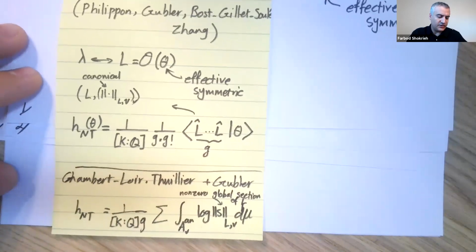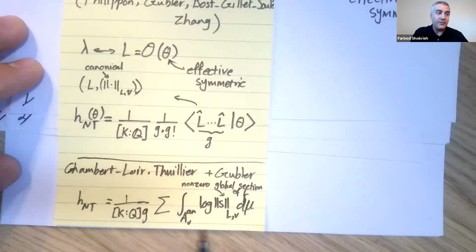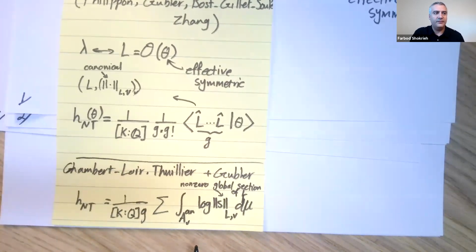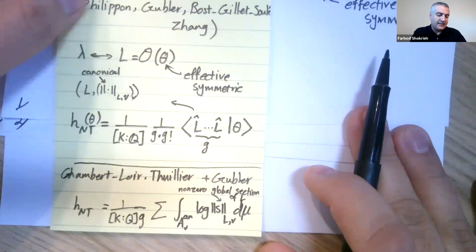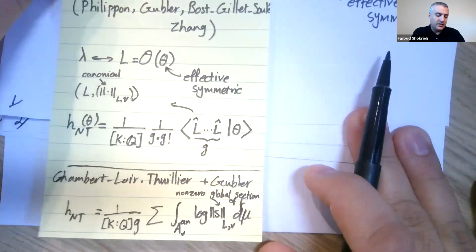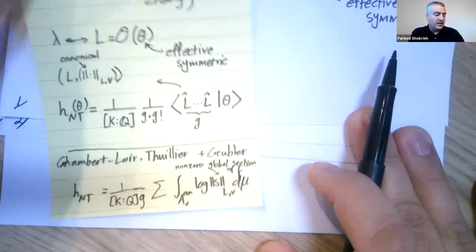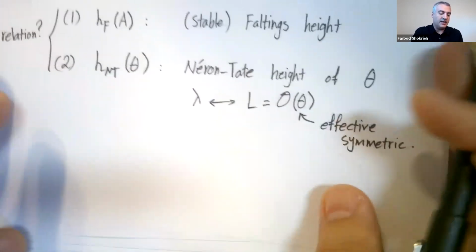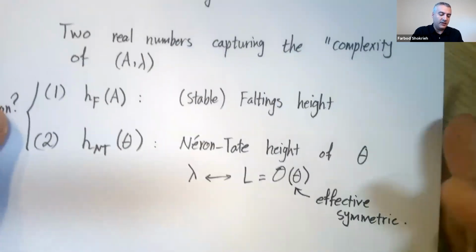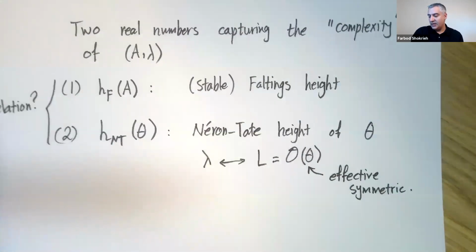And let me just say also that Néron-Tate height has a summation formula, sort of a decomposition formula, depending on the places. This is the work of Chambert-Loir and Thuillier plus some work of Gubler would give a formula, which I'm going to mention in my proof in a moment. But anyway, so that's the two different numbers that are kind of mysterious, and I hope you sort of followed what kind of objects they are, but you should be able to follow the talk even if you are not familiar with these definitions. Let me just make a remark